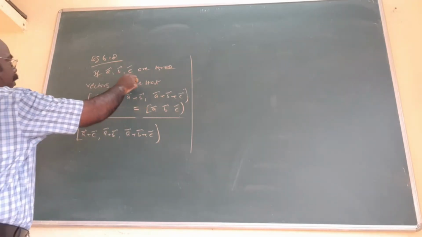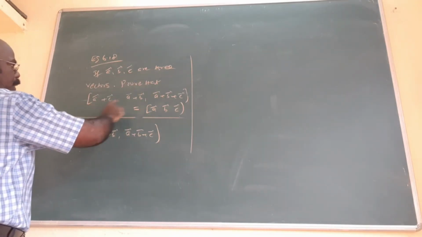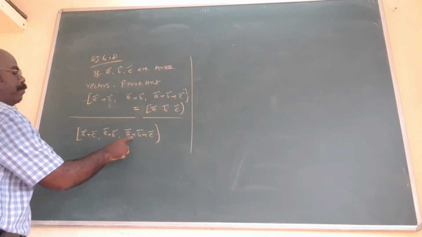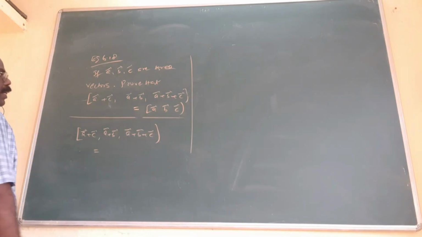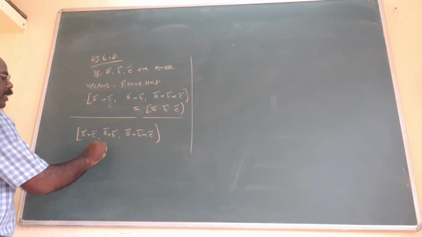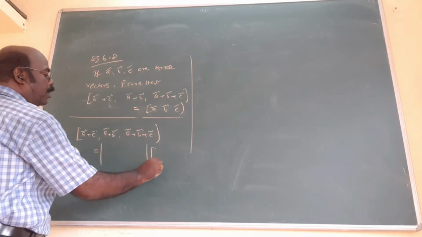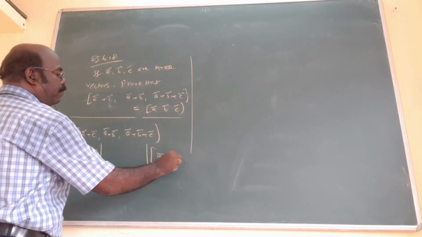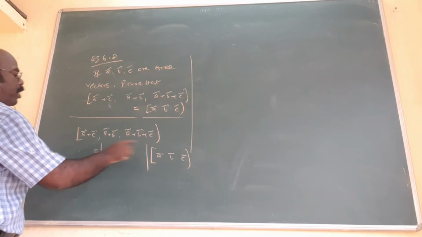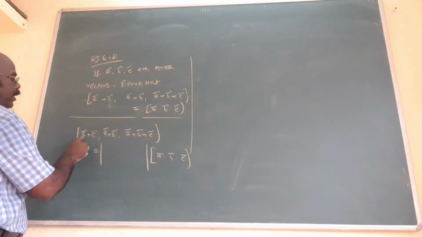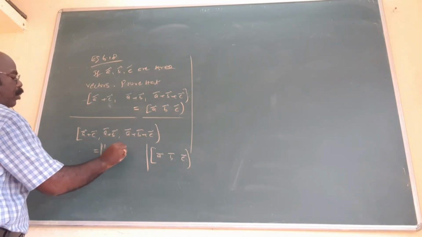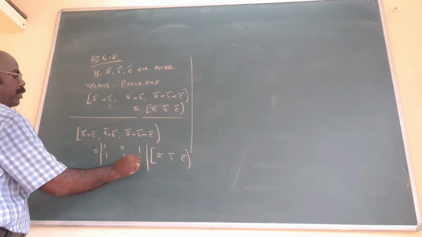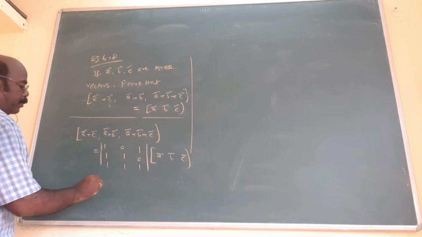If A, B, C are 3 vectors, prove that the box product of A plus C, B plus C, A plus B plus C is equal to the box product ABC. Now start with A plus C, B plus C, A plus B plus C. Which implies, here one property is there. The box property: A involving, B involving, C involving. A, B, C. Now write the coefficient of A, B, C. The A is 1. No B here. Then A, B, 0. A, B, C, 1.